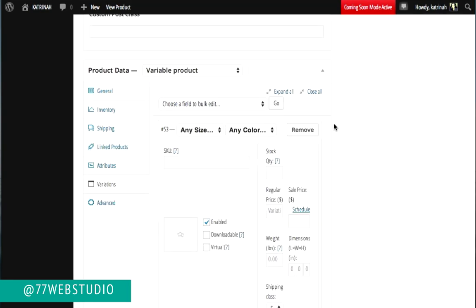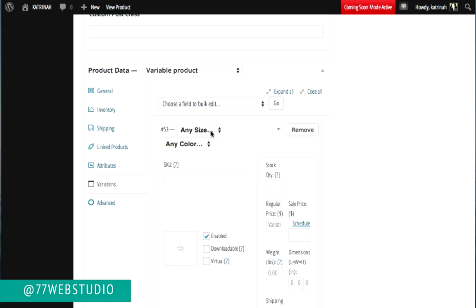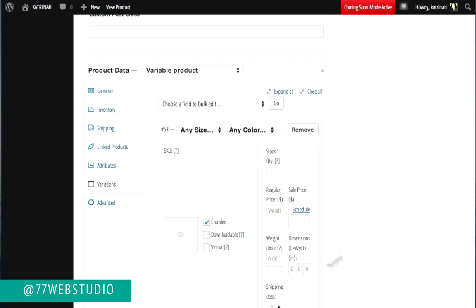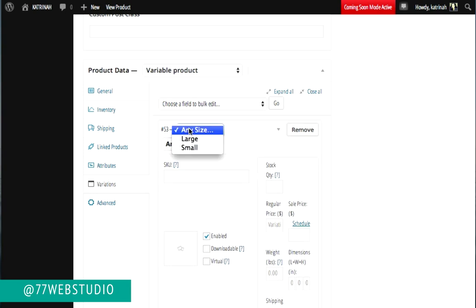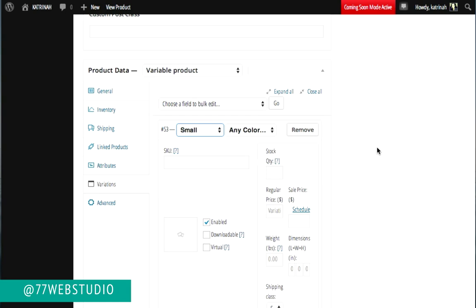Once I click on the Add Variations button, then we'll see this new box that pops up where I can choose the size and the color, and I can create my variations down below. So keeping in mind that I have two different variations of this lamp, I have a small lamp and a large lamp. Naturally, I want the small lamp to be less expensive than the large lamp. So for any size here, I'm going to click on this and I'm going to click on small, and then I'll create the price variation for the small lamp. So here where it says regular price, I'm going to add the price of $400.